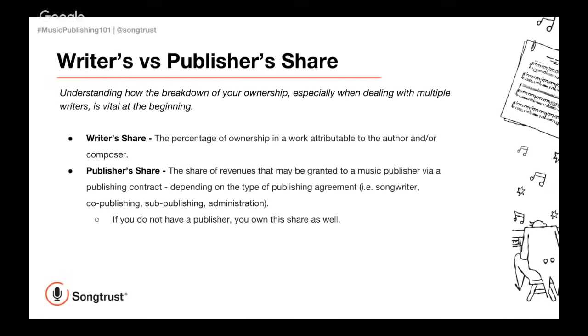It kind of depends on the society. For example, I know with BMI, if you're affiliated with BMI, they will automatically be paying you your writer and publisher share if you don't have a publisher. You'll receive 2 separate checks as if you're 2 different entities, but it will all come to you. On the other hand, ASCAP, if you're affiliated as a writer with ASCAP, that publisher share won't get paid out until you affiliate as a publisher, or until you have a publisher who is there to collect for you. So if you're only affiliated as a writer, you're only getting your writer share. You're missing the other